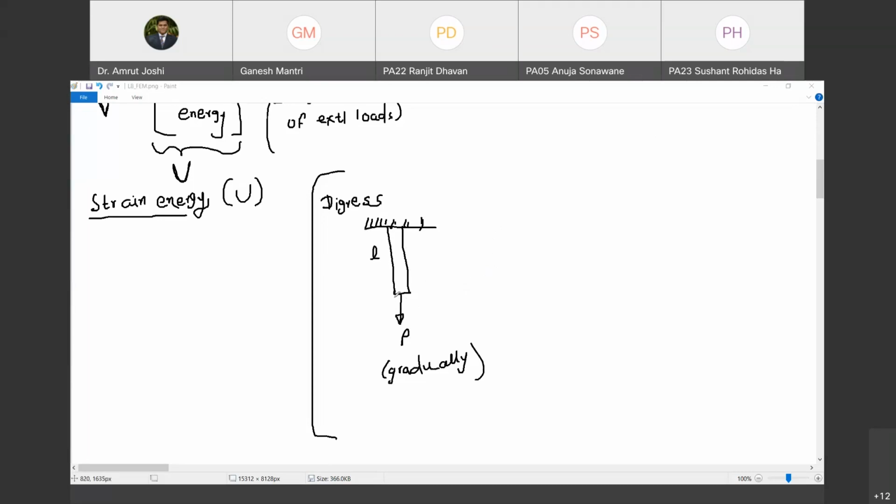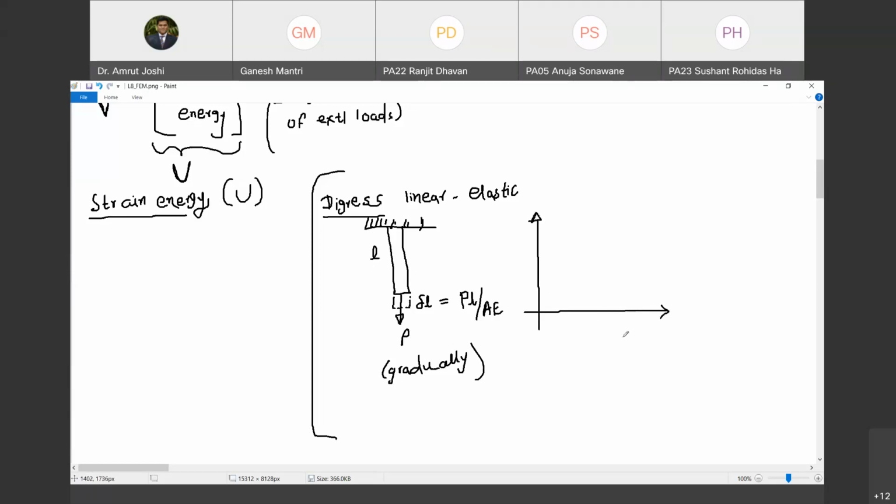First of all, can you calculate what is the deformation? What will be the deformation corresponding to this? Delta L. Do you agree with me? Yes, sir. That delta L is given by PL by AE. Of course, we are into the linear elastic zone. Happy? Yes, sir. I have gradually increased this P from 0 to P. इस P को सडनली अप्लाई नहीं किया है.